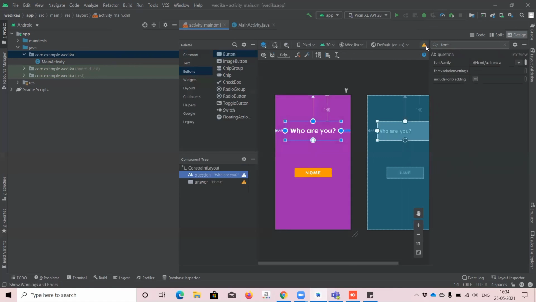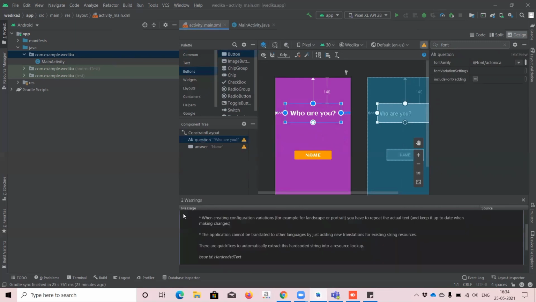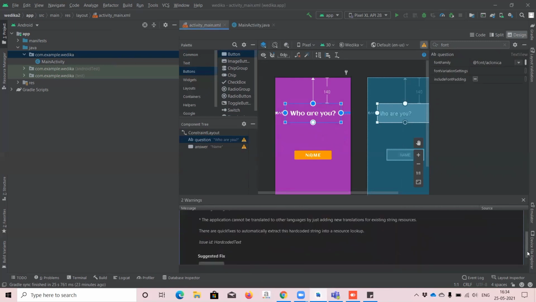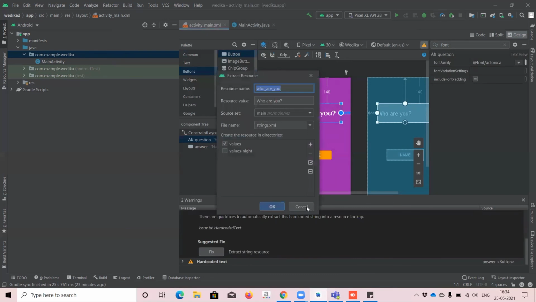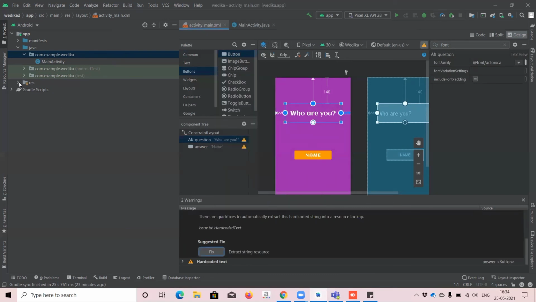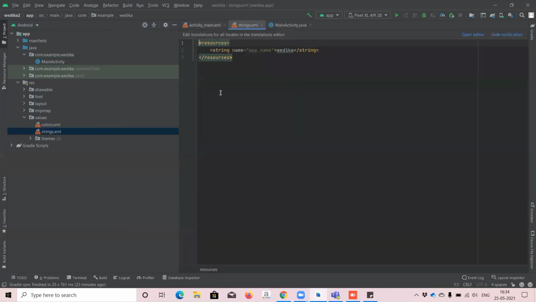So straight away, I'm selecting here, text. Okay, got the point. The error is because of strings. Exactly, it is for strings. Let me show you that. Right now in strings, we don't have any values for who are you, and we don't have any values for name.